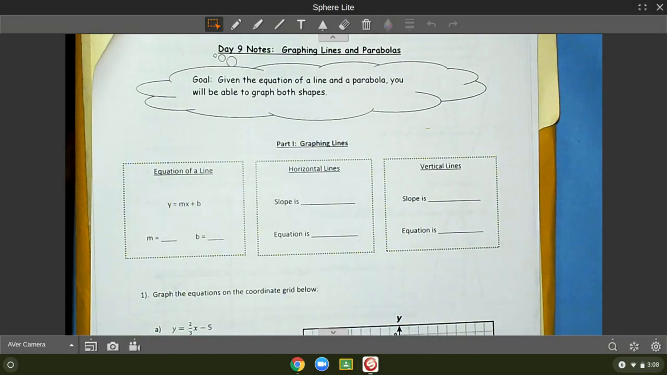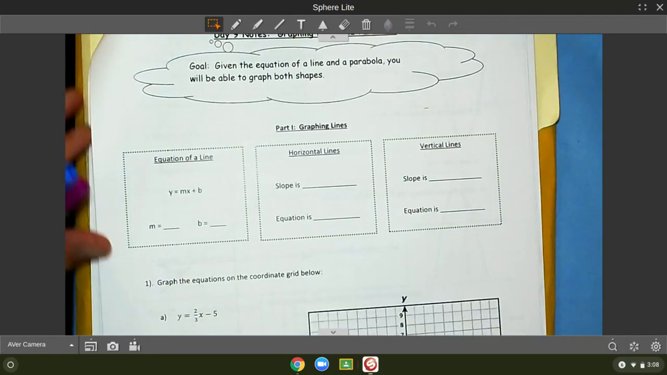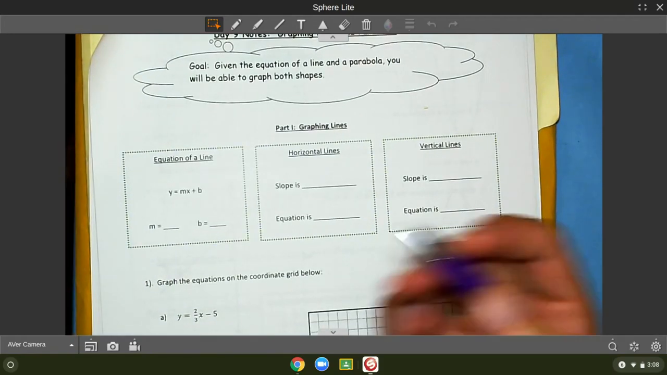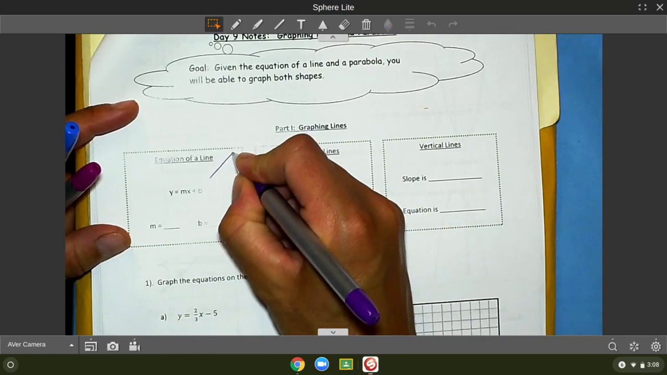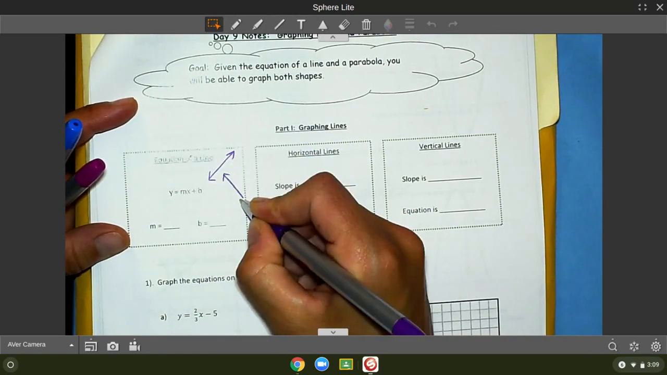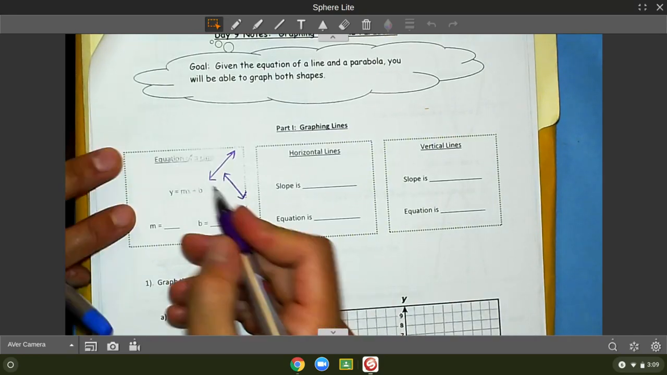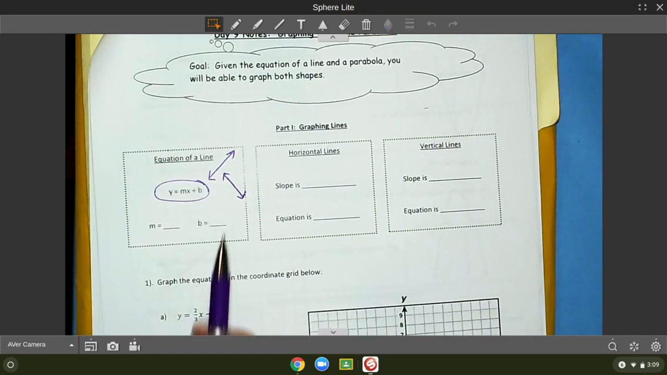Today is all about graphing, and we're going to kick it off by taking a look at graphing lines. The first type of line that we are going to look at is just the equation of a line. We're talking about the equation of a diagonal line. So your line could go upwards or it could go downwards. Whenever you have a line that's on a diagonal, the equation is going to be y equals